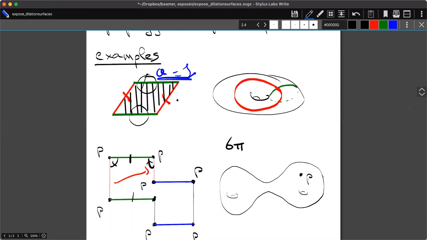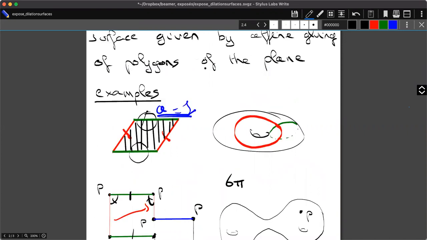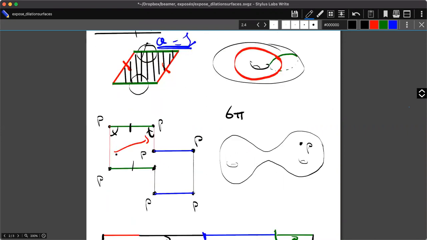You have to look in charts, if you know a bit of geometry, to see that these foliations are well defined here. It's just because you have considered translation maps, and it's actually the same if the transition maps, or the way that you glue your polygon, are not translation maps but dilation maps, affine maps. So for example, here the vertical foliation is given by this.